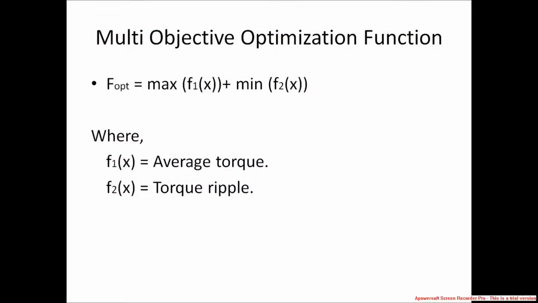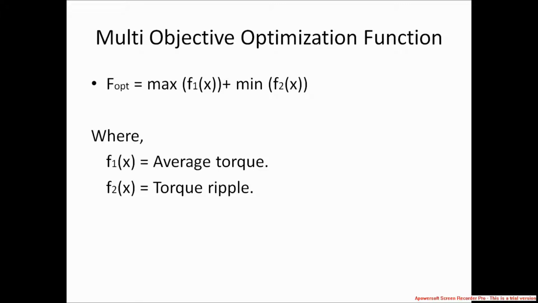Generally, a switch reluctance motor is used for electrical vehicles for its high speed and better performance in comparison to other motors. But the main disadvantage lies in the high production of noise and undesirable torque ripples. In this project, we are here to optimize the in-wheel switch reluctance motor in minimizing the undesirable torque ripple conditions. The main objective of our project is to increase the average torque and decrease the torque ripple.